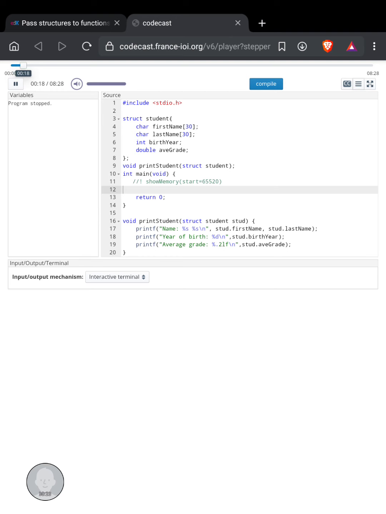We'll start out with the same code we had before. We declare the structure, student here, where we store the first name, last name, birth year, and average grade of a student. And we already wrote a function printStudent, which is down below here, that prints a student record. So we pass to it a structure student. Down here it's called stud, and we print out the student's first and last name, their birth year, and their